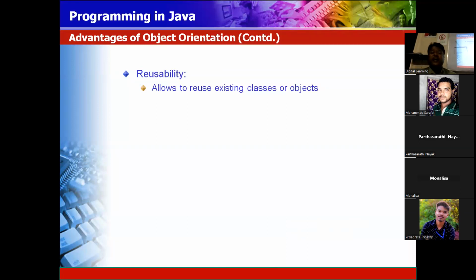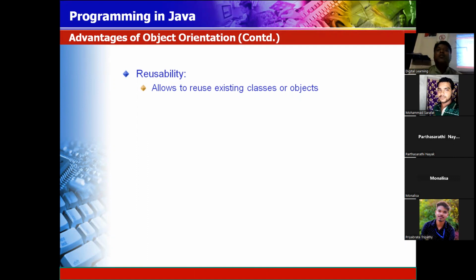Next is reusability. It allows reuse of the existing class and object. It means when you purchase a mobile phone and add a screen guard and a back cover, your mobile phone version has not changed. If you buy a Nokia phone and put on an Apple back cover, that doesn't mean my mobile phone is converted to Apple. Only the look and feel change; that is the concept we use more. When software is made, to give it a better look and feel we can change the interface and reuse it. The reusability allows reuse of the existing class.